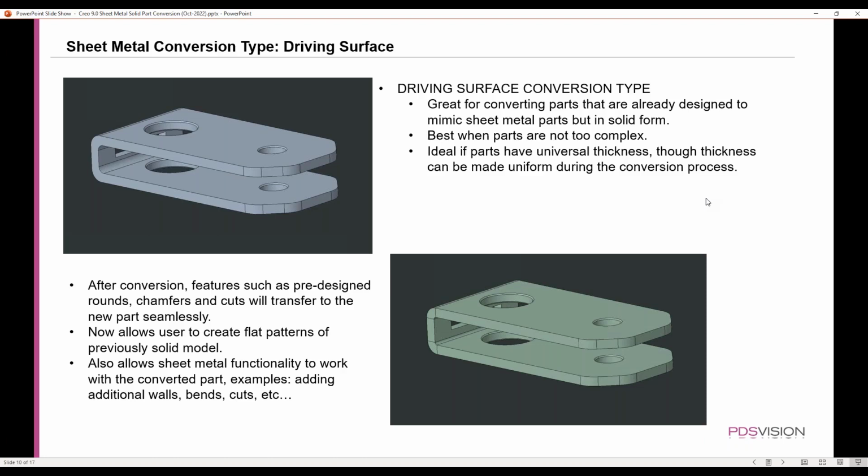With the driving surface conversion type, this is great for converting parts that are already designed to mimic sheet metal parts, but in solid form. It's also best when the parts are not too complex. Complexity in trying to convert a part is typically something that you want to try and avoid. The simpler, the better. And then, it's ideal if the parts have universal thickness, though thicknesses can be made uniform